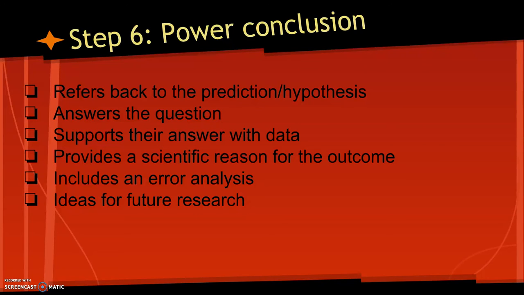This is probably one of the longest parts of your project because you just have to have so much information in it. You tell what you were planning on trying to figure out with your experiment. You tell what you found out. You summarize your data. You go back to your research and you provide a scientific reason for why what happened in your experiment happened. Then you get to talk about the things that went wrong in your experiment